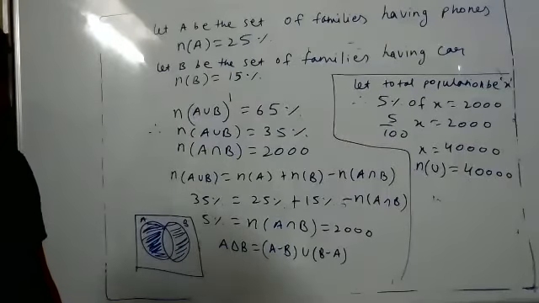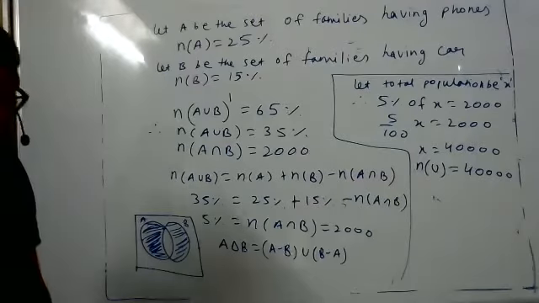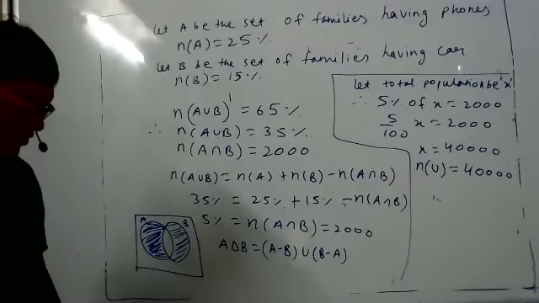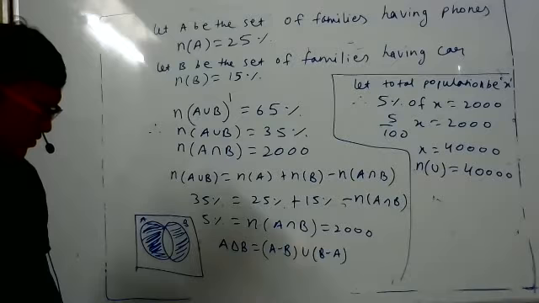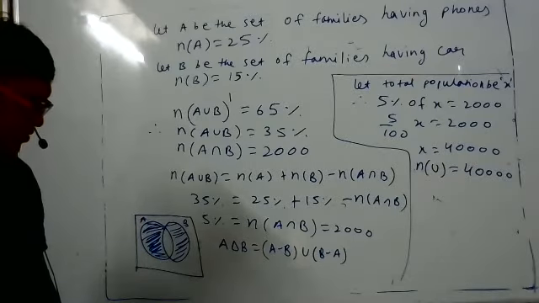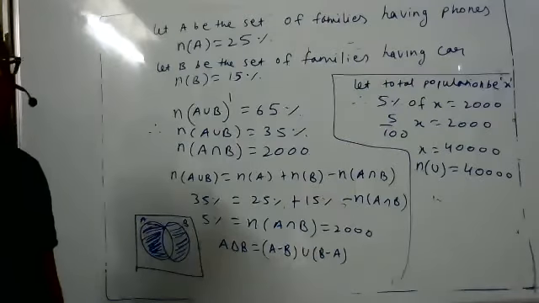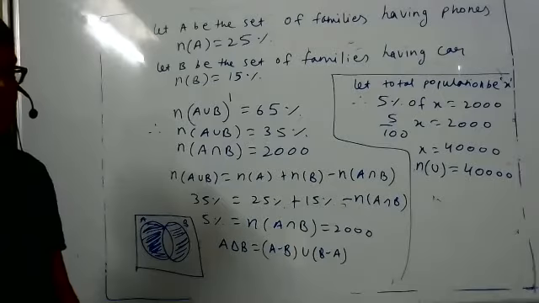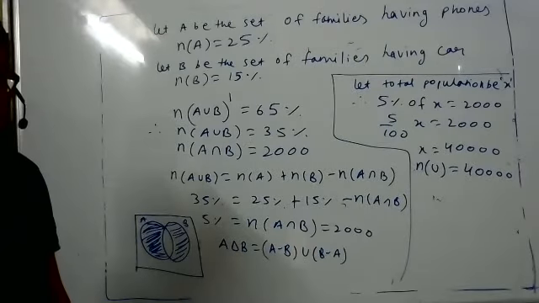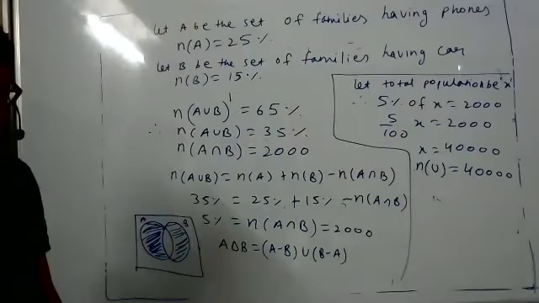Tell me. What if they forget the either and only have the both? What if they only say own both a car and a phone and not say either a car or a phone? That's A intersection B, right? Yes, sir. If they want to say car as well as phone, they say both car and phone. Both word they will use now. Both car and phone. So is that union or intersection?